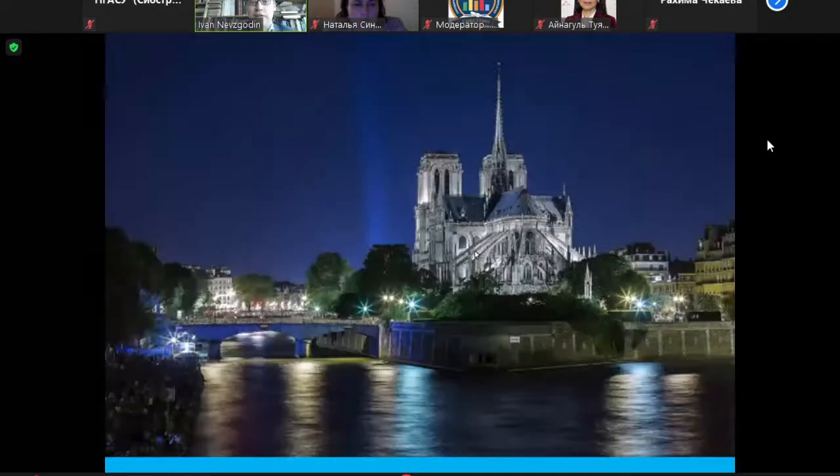And I hope that you immediately recognize this building. Do you know this building? Notre Dame de Paris. Yes, precisely. And it's again